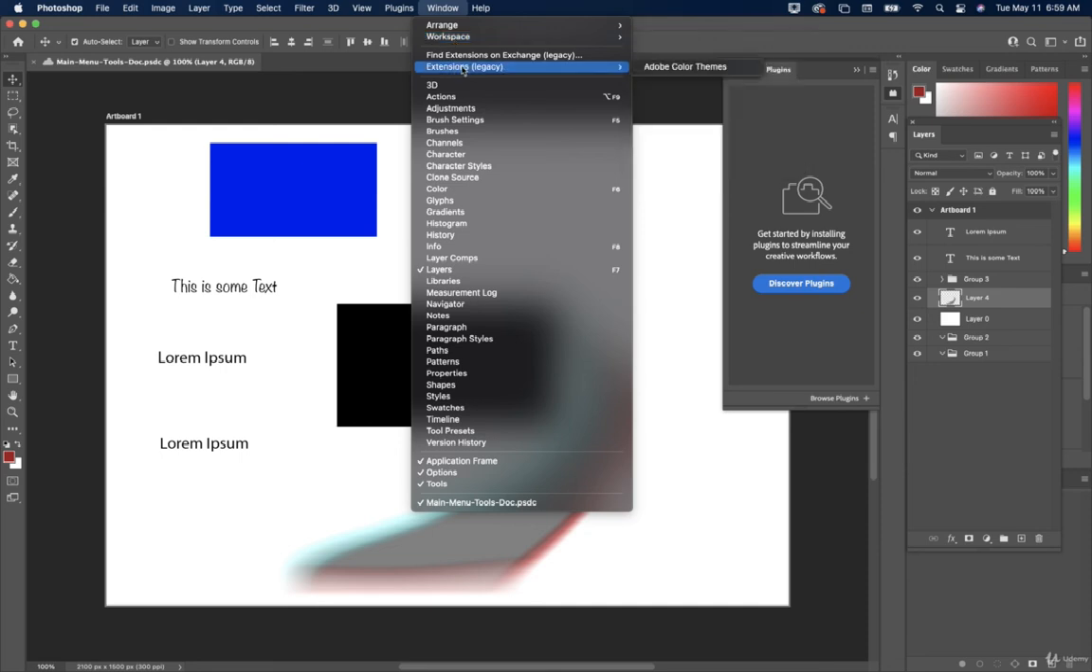Okay, then we have file extensions on Exchange. So this is another section that we're going to talk about later in more depth, going through extensions that you can add to Photoshop, because it's a very important thing to understand, but it's a more in-depth video than what I'm willing to put into it right this minute. But later on, we'll have an extensions section where we talk about extensions, and I'll show you some really cool stuff. All right, so then we have 3D, actions, adjustments, brush settings, brushes, channels, character styles, clone source, color, glyphs,